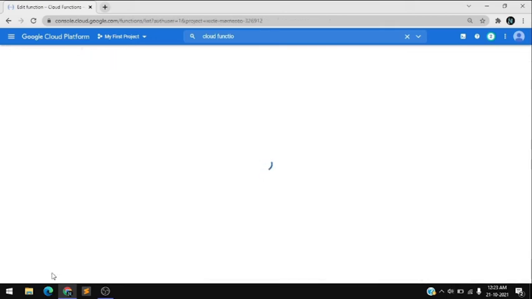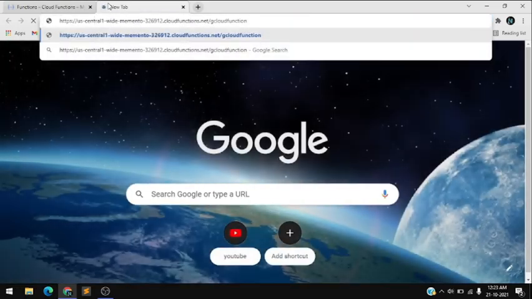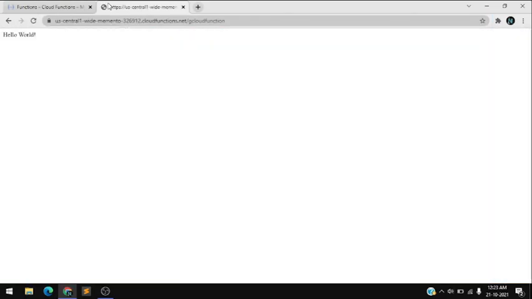So function deploying has started, and it takes a few minutes to deploy the function, deploying of files, and creating a function. It takes a few minutes, so just wait. And here you can paste the URL and it will show the hello world.